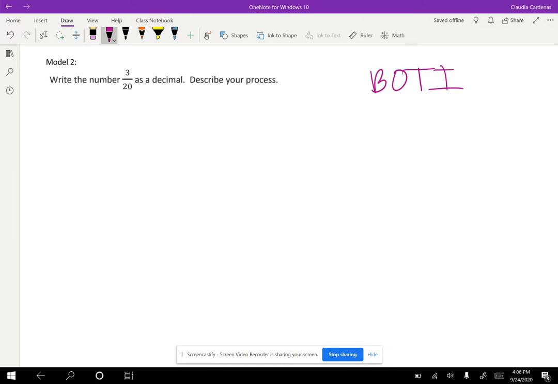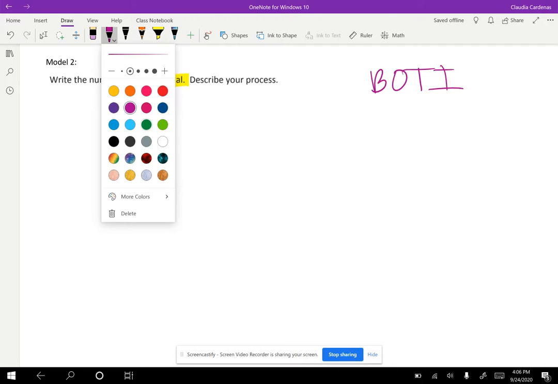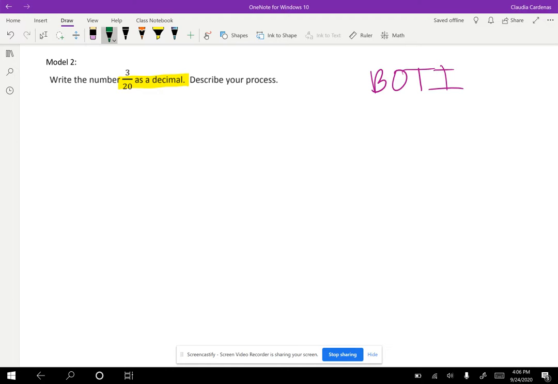So these are quick reminders from 6th grade before we go ahead and read this problem. It says to write the number 3/20 as a decimal and to describe our process. So I'm going to describe it as I go along verbally, so make sure you're listening and writing this down as well in your notebook. So we know that bow tie is helpful, right, to help us coordinate the numbers and where they go inside